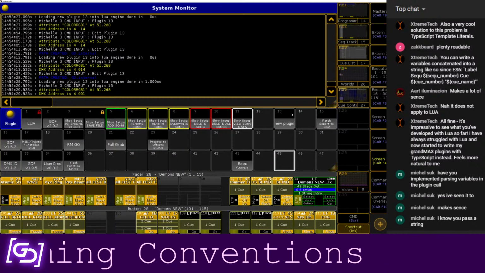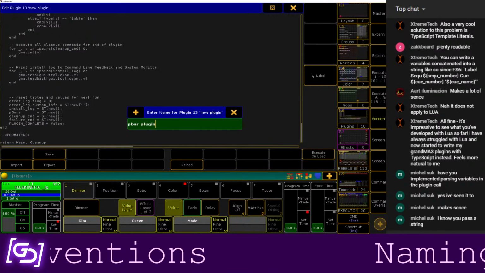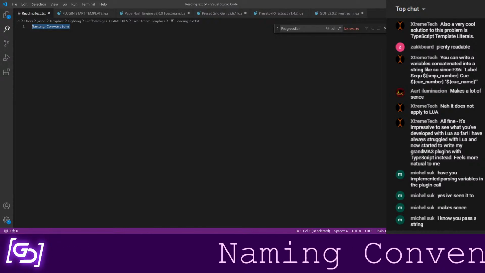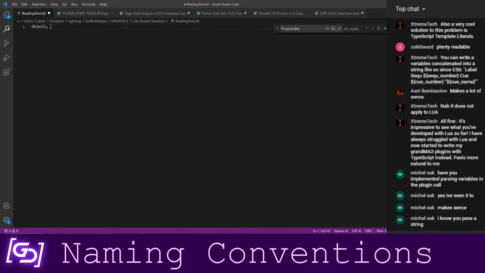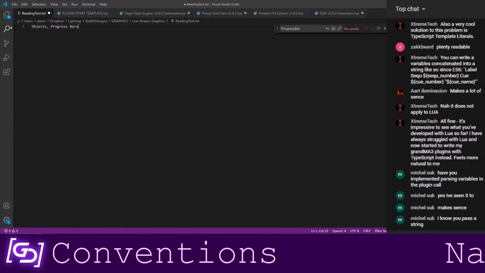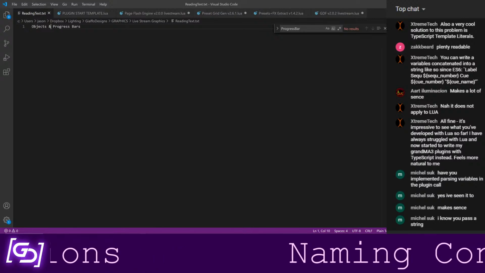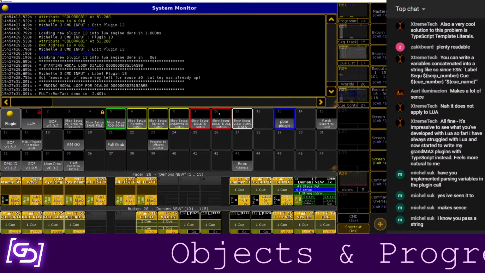Oh, that's the wrong window. All right, so here's our progress bar plugin. Oh, and let me bother to update my text strip here. Sure, why not? Okay. So here's our progress bar plugin.